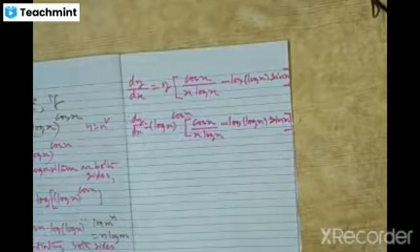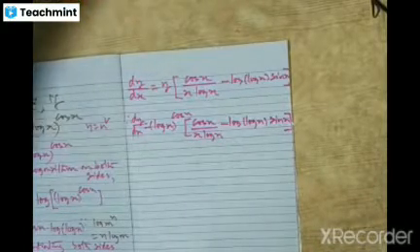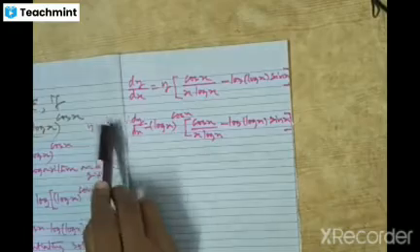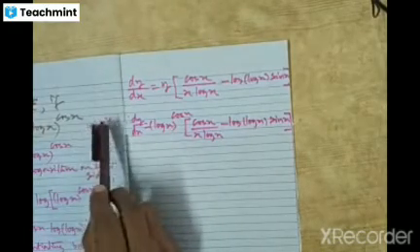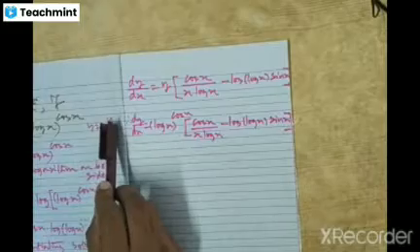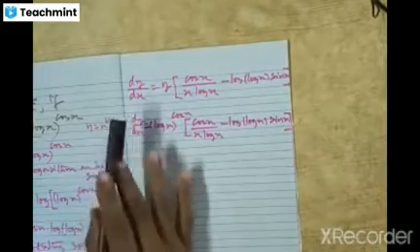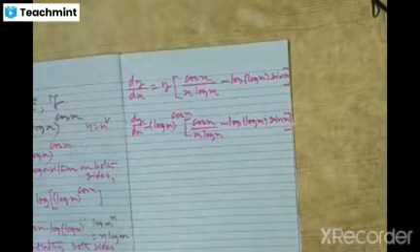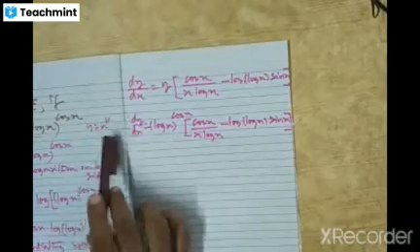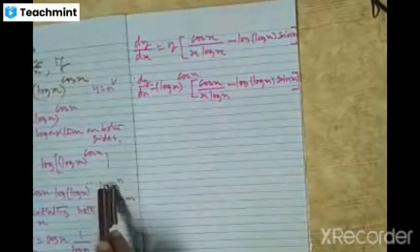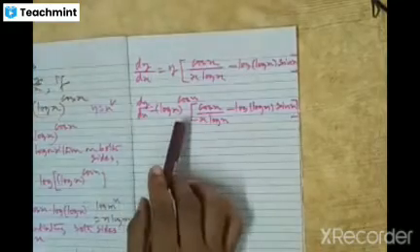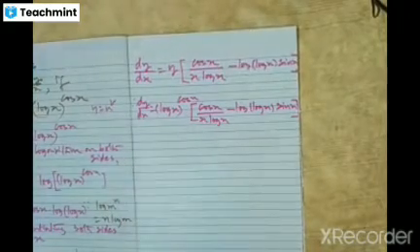So, this is the derivative of the given function. So, we have to use logarithmic differentiation whenever the given function is of the form y is equal to u power v, where both u and v are functions of x. Okay. So, it's very easy to remember. In the first step, you have to take log on both sides, and after that you have to use this property of logarithm, simplify. After simplification, you have to differentiate both sides with respect to x, and finally you have to write dy by dx.